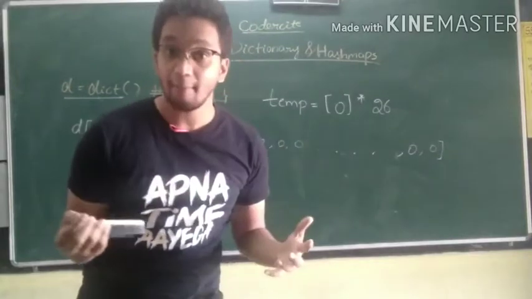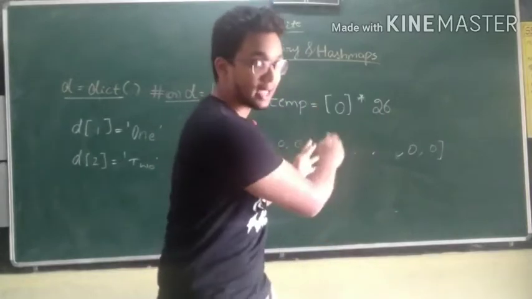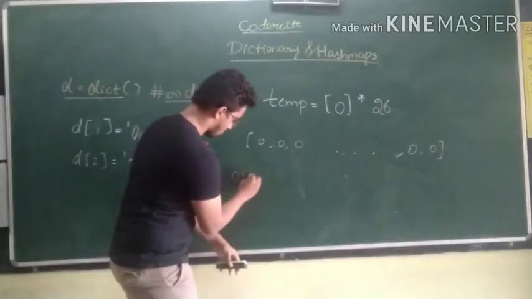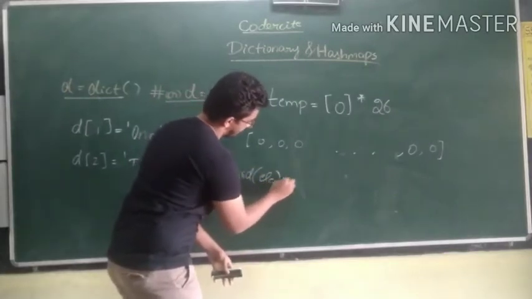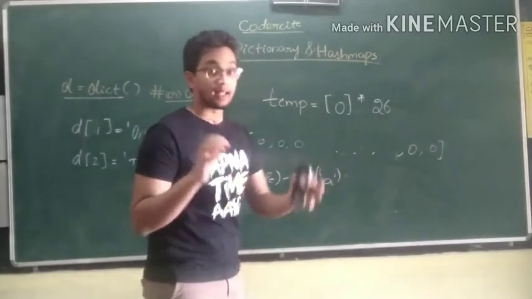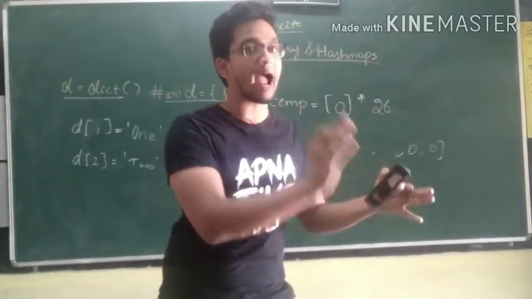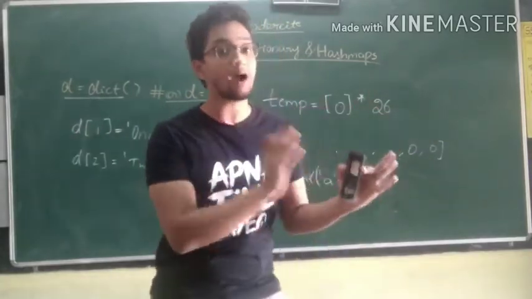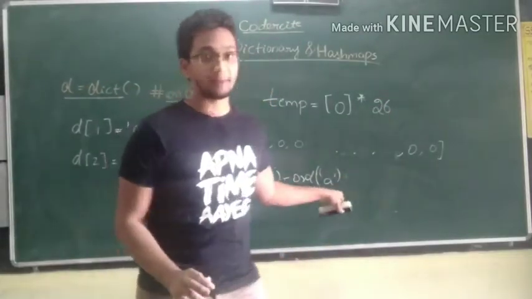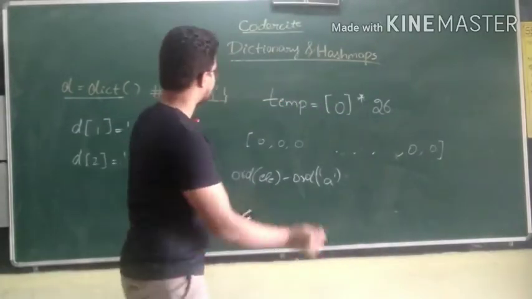Okay, so what happened when I tried to insert an element, a character A, into that? I calculated the ord, right? ord of ele minus ord of A, the alphabet A, gave me a value which was between 0 and 25, both inclusive. Let me take an example. What is ord of A minus ord of A? Here ord of A means the element is A. I'll take the example Akash.